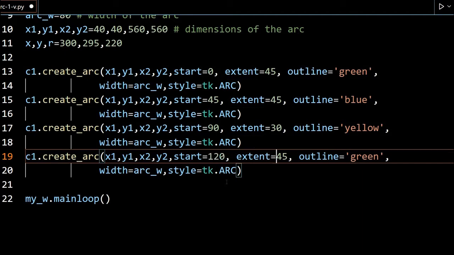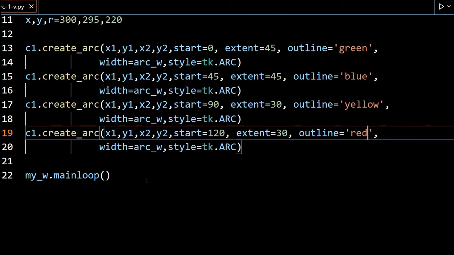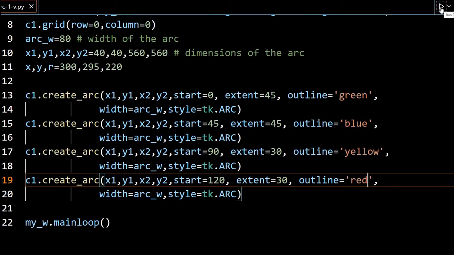I am extending it by 60 degrees, so 120 to 180. So half of the arc circle is full. Now I will make it red. The color, extent, all things you can change based on your requirement. So that's all. Let's see what we have done so far and how it looks. We'll just run it once.